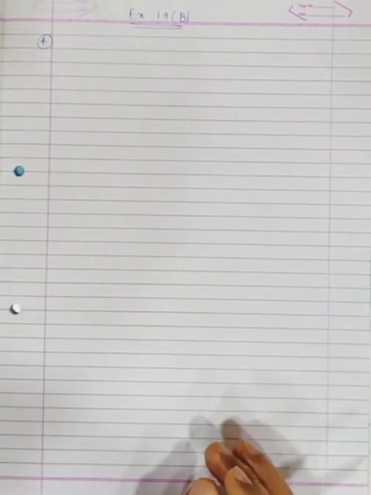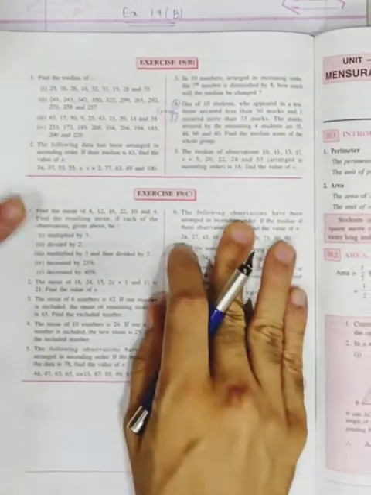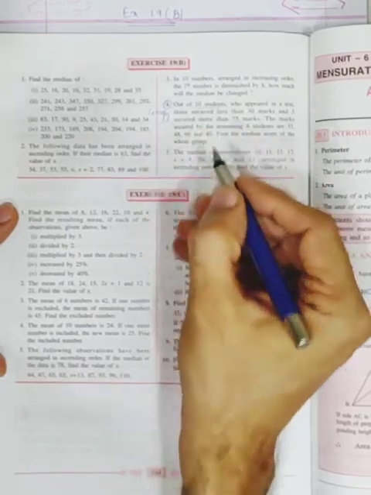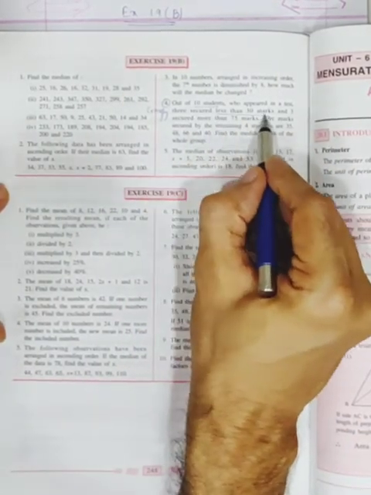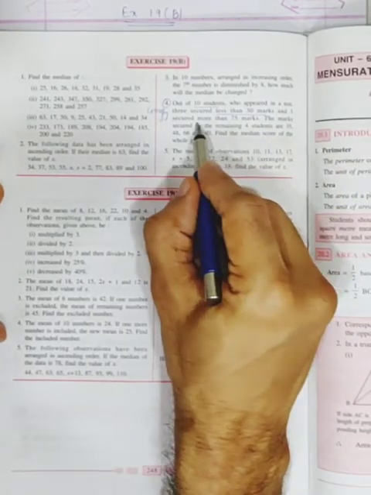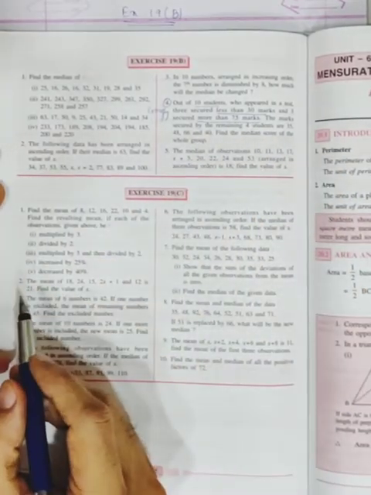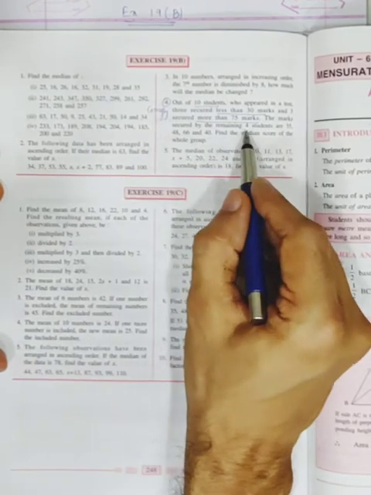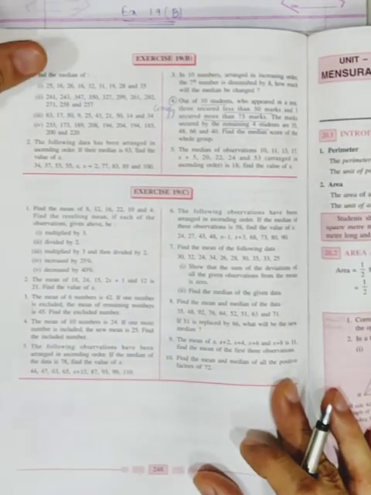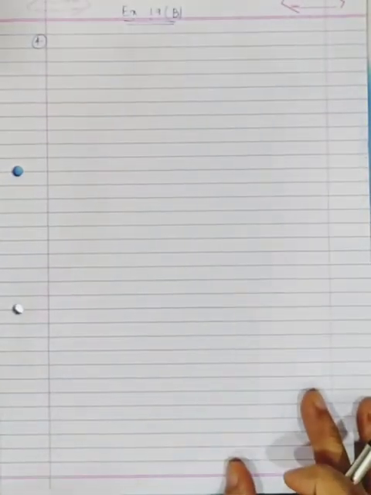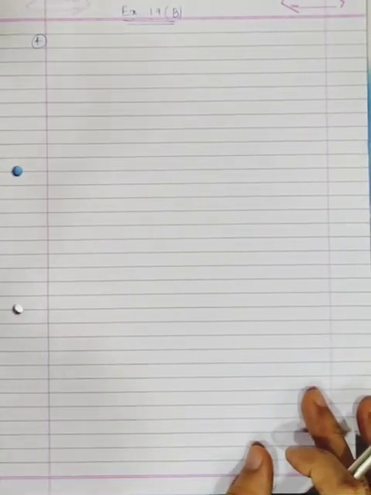Out of 10 students who appeared in a test. So first thing, how many students are there? 10 students. There are 3 students who secured less than 30. There are 3 who secured more than 75. The marks secured by the remaining 4 are 35, 48, 66 and 40. Find the median score of the whole group. So what we will do, in this sum they are saying there are 3 people who scored less than 30